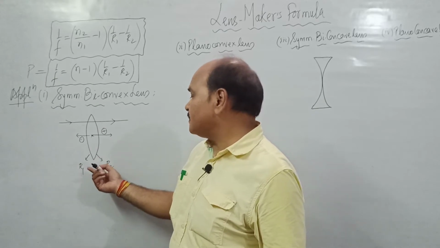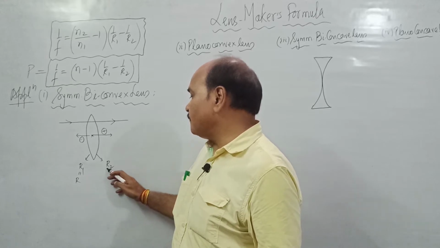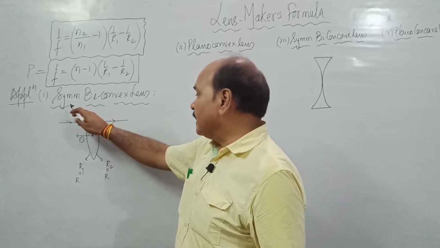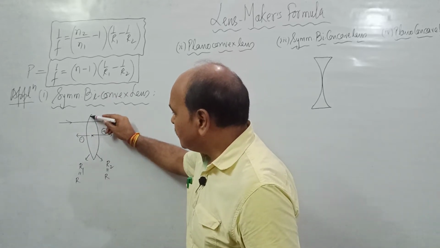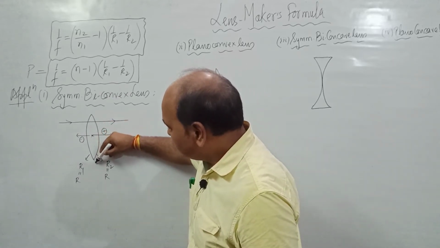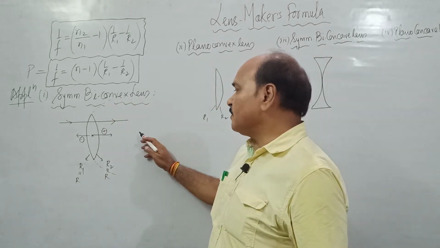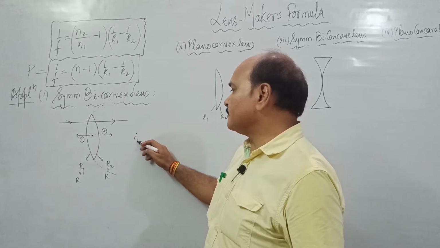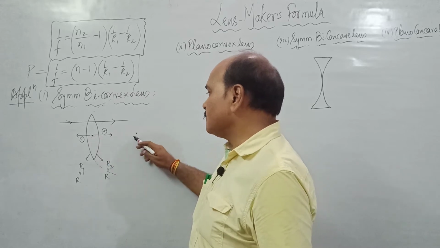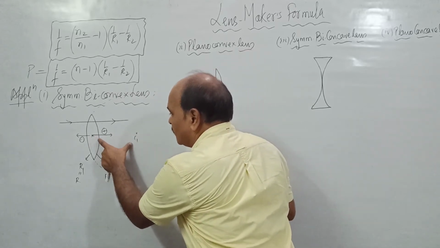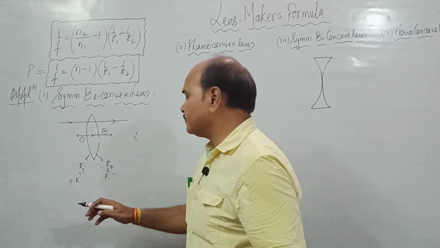Now see, this is surface number 1 whose radius of curvature is R1. What is the sign of this radius of curvature? Of course, the value of radius is R. This value is also R, as the lens is symmetrical. But what is the sign of R? See, this curved surface will have its center where? This curved surface will have its center, right side. Right side means the center of curvature would be somewhere here. And this distance of the center of curvature from optical center would be R1. And this R1 would bear what sign? Positive. So this R1 is plus R.